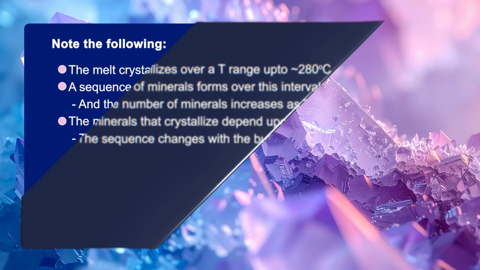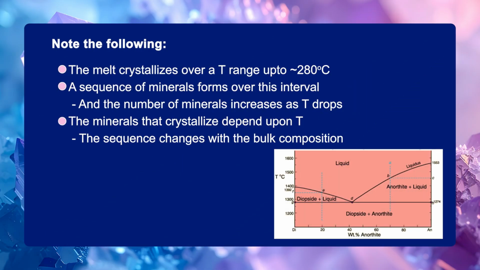Now note the following: the melt crystallizes over a T range up to about 280 degrees centigrade. A sequence of minerals forms over this interval and the number of minerals increases as the temperature drops. The minerals that crystallize depend upon temperature. The sequence changes with the bulk composition. Now, let us explain the textures which are found in igneous rocks with the help of this